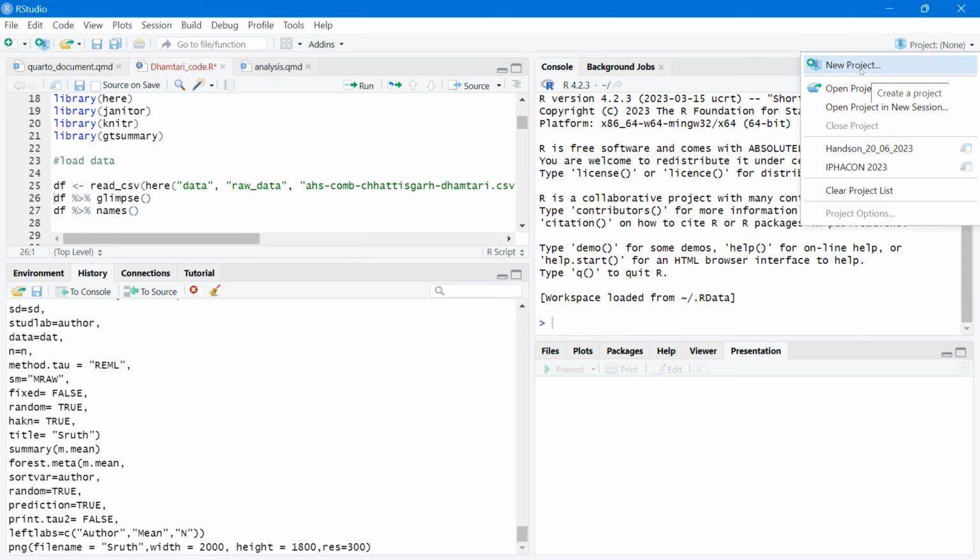Okay, it's not saved. That's okay. The first thing I would once again ask you to do is just save this Damtari code. Okay, save it for now. Just save. Yeah, save the changes whatever you want.